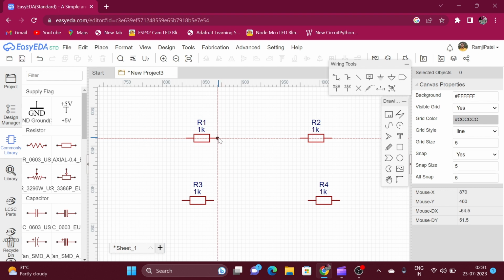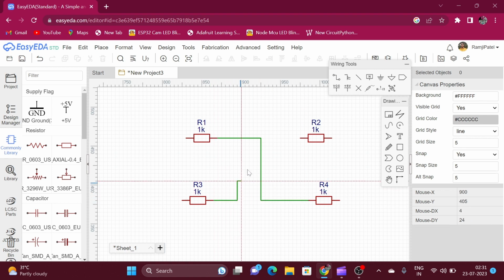Take the wire tool and then connect the R1 to R4 and R3 to R2. But this is not the right way to do this. So just delete the connections that you have made,